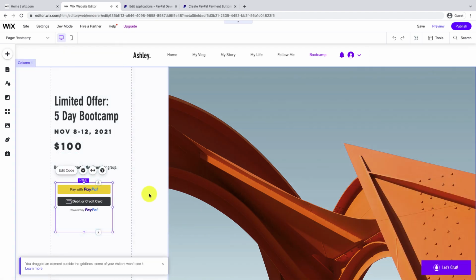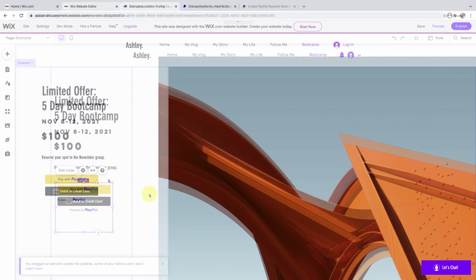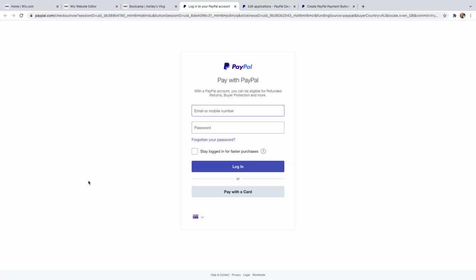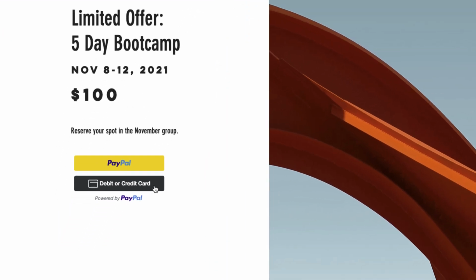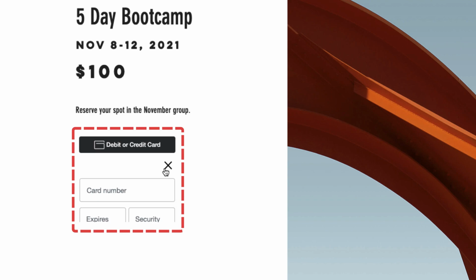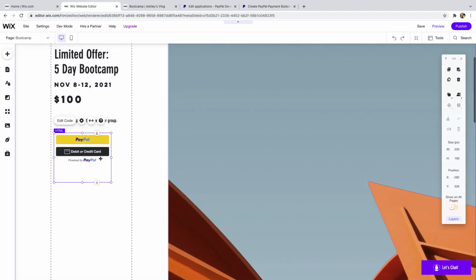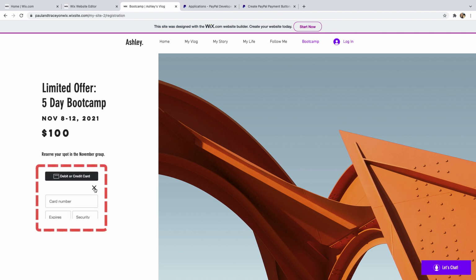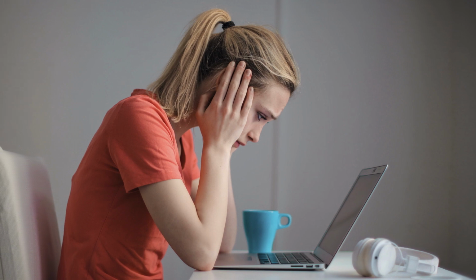I'm just going to quickly show you my recommendations for making your buttons as user-friendly as possible. When a customer clicks on this button, a new window opens with a payment form. When a customer clicks on the credit card button, the payment form loads within the box here. So if you want to keep both buttons, we recommend resizing your box to accommodate for the payment form. The box sometimes cuts off critical information which could leave the customer wondering where to enter their details.